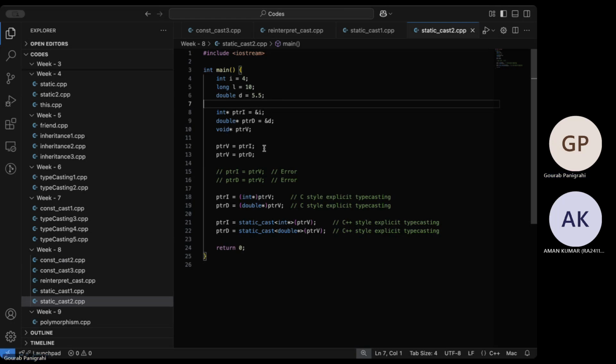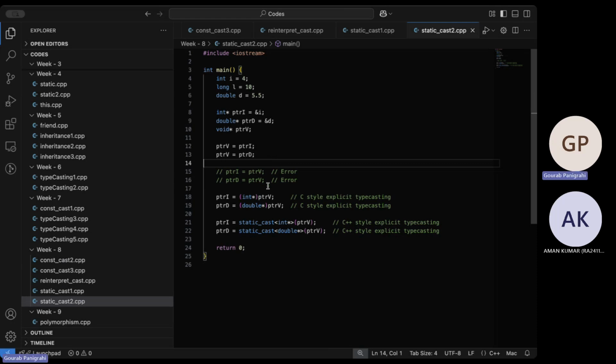Okay. Now, ptrI and ptrD we can store to void pointers. It will not throw an error because essentially we're saying a pointer had some data type, but we are ignoring it. We're just storing the data address, but we have no clue of the data type it has. We can reinterpret the data type to something else and then dereference the data. That's okay, but that's up to you, if you want to do that.